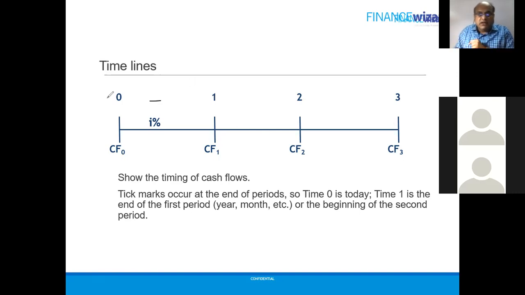So if you have to calculate a value after drawing the timeline, you can base your decision on the timeline if you are not very comfortable in the beginning. If the value has to be calculated at time 0, that means you have to use PV. If the value has to be calculated at the end, that means you will have to use FV. If you know the value at the beginning and the value at the end, and you have to calculate the value at each tick, that means you have to use the PMT function. PMT stands for regular equal payments.